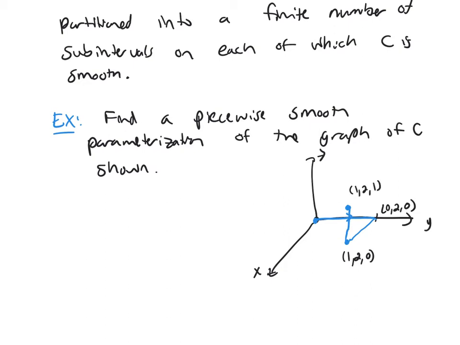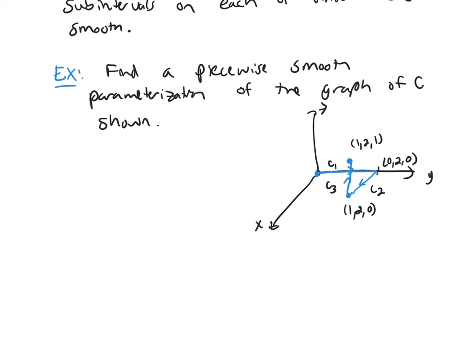So this C is really made up of three pieces, and I'm going to label them. The first piece was C1. The second piece, you should have arrows on them, was C2, and the third piece was C3. So this curve C can be broken down into three pieces, and each piece is really just a line segment. So here, let's write down a